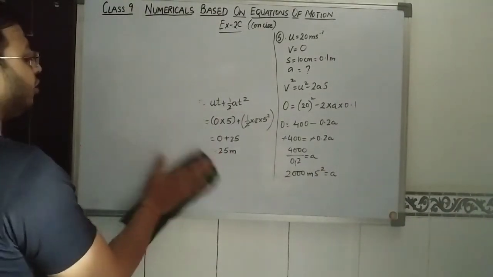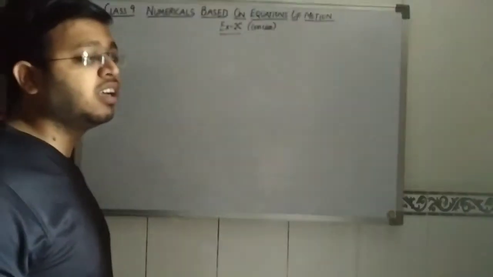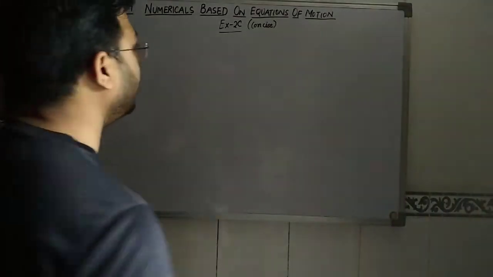Now proceeding further, we are coming to question number 6. As I told you, for numericals you have to increase your logical reasoning so that you can understand how to solve the numerical. Numerical number 6 says a train is moving with a velocity 20 meter per second. So the value of U is 20 meter per second, is brought to rest. Again, brought to rest means V is equal to 0, by applying brakes in 5 seconds. So T is equal to 5 seconds. Now calculate the retardation. A we have to find.